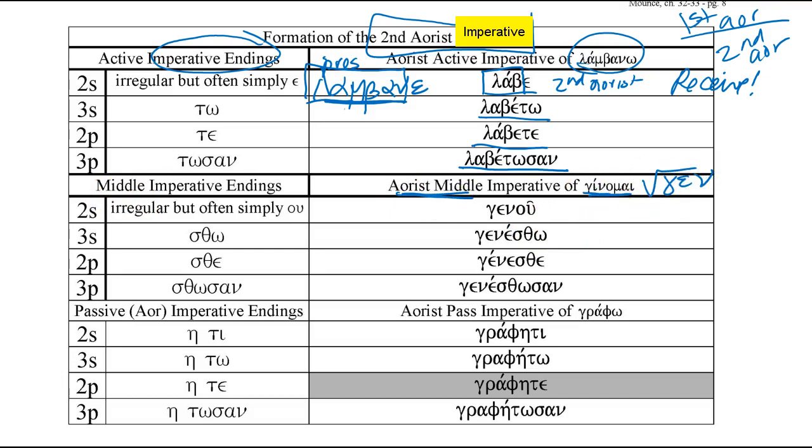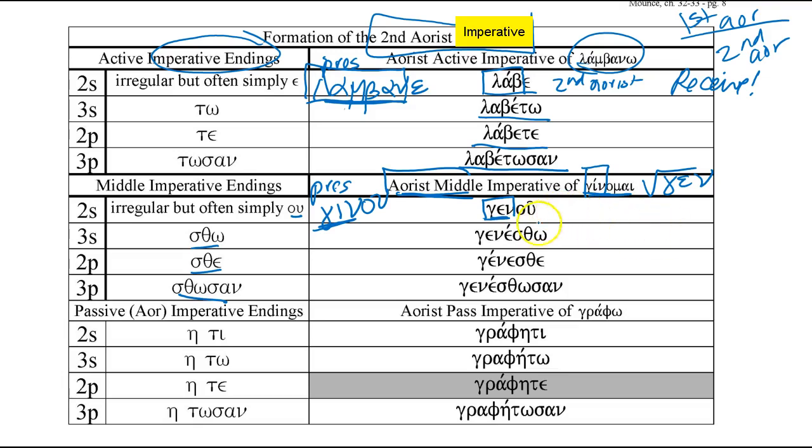And so if I wanted to say continue to become, if I use the present imperative, I would use the lexical stem, and then it'd be genu. But I'm not using the lexical stem for the aorist middle. I'm using the verbal root or the principal part for the aorist. And so it uses exact same case endings, except for the aorist middle, it will use the aorist stem or the verbal root, not the lexical stem.